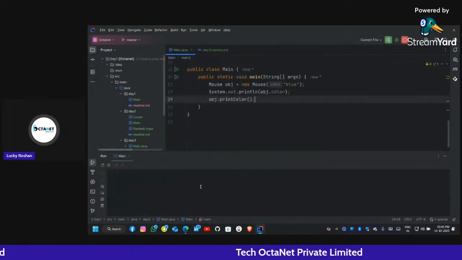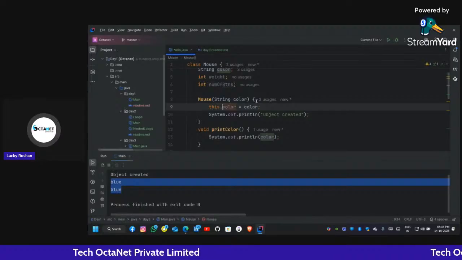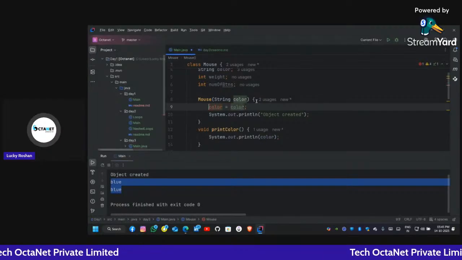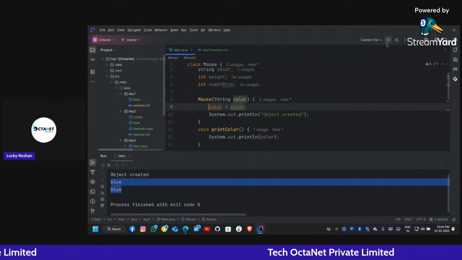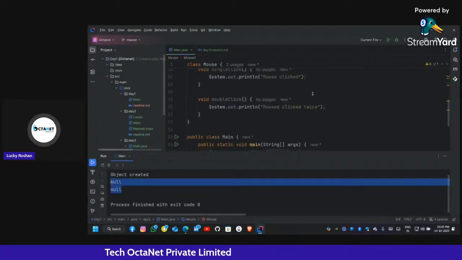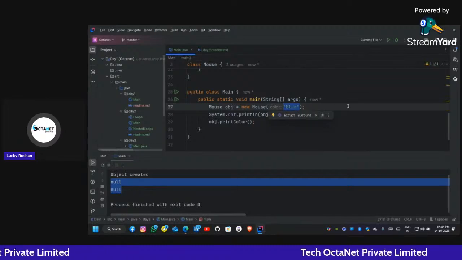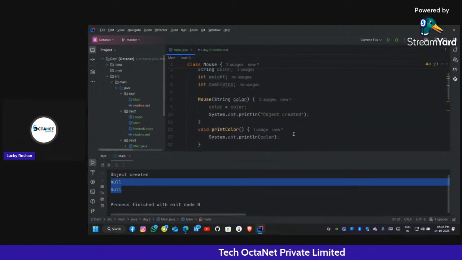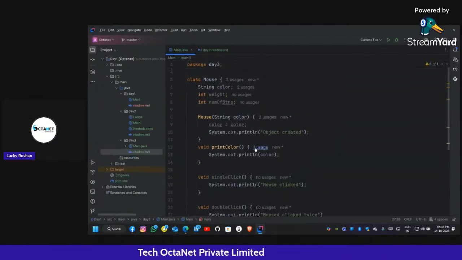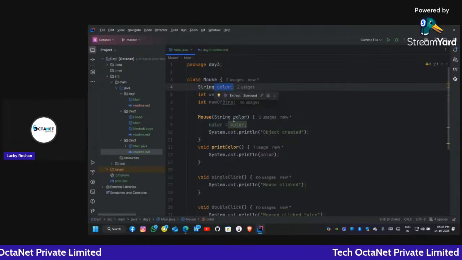Both should print blue. See here the color prints blue, but if I remove the this keyword, the color becomes null. Why does it become null? We have passed the parameter blue here, so the color should be blue, but it is showing null because this color is not this color. These are different colors.